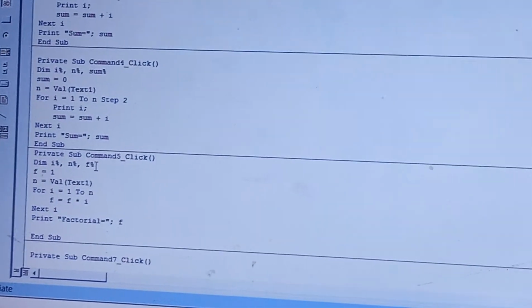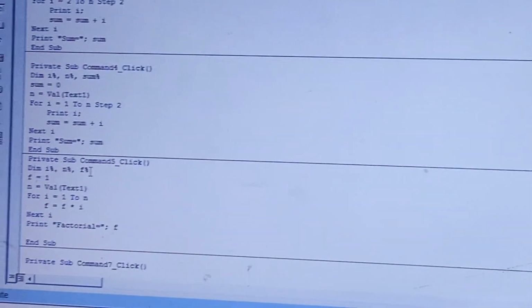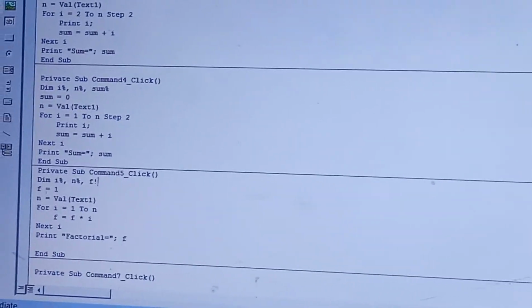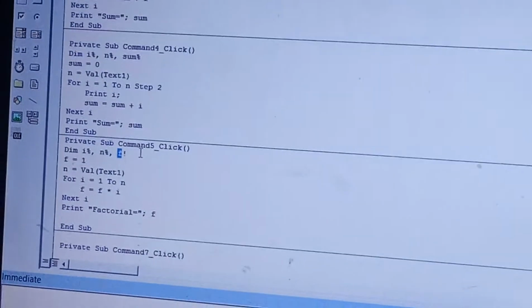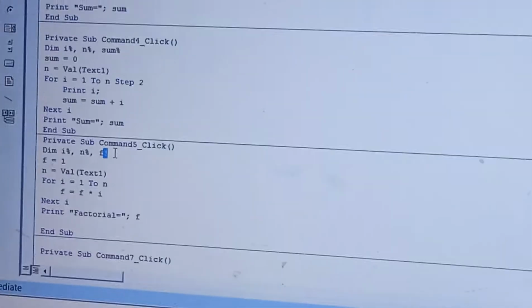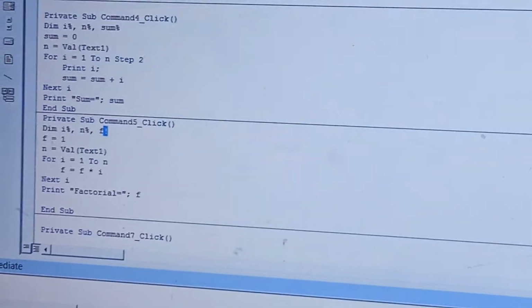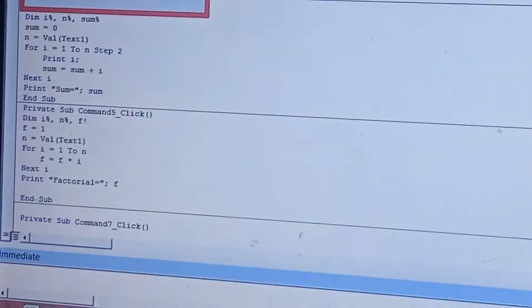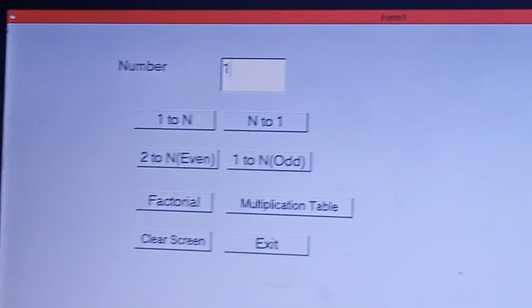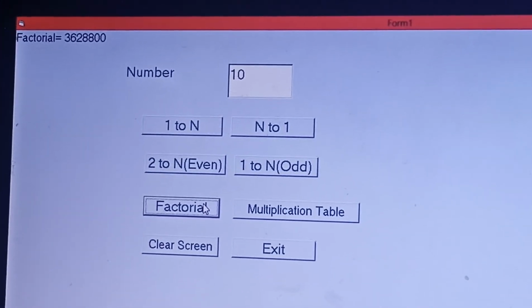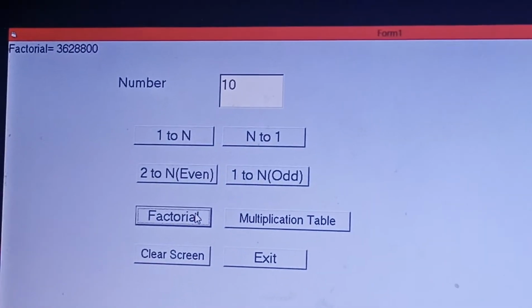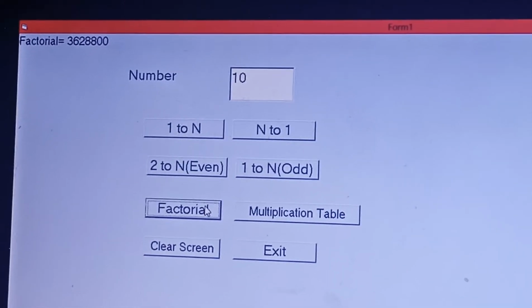So if you want to get a factorial of a bigger number, you should declare it as single. The single data type which you learned last year. So let's go. Now this time if I try to find the factorial of 10, it will give me the result. It's a big number, that's why integer could not hold it. Is it clear? So now let's go back.